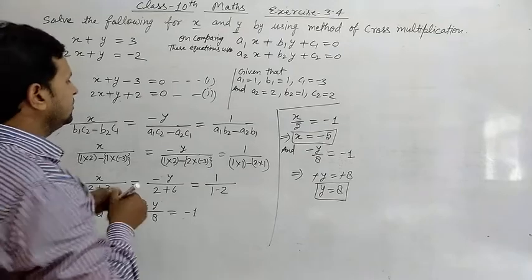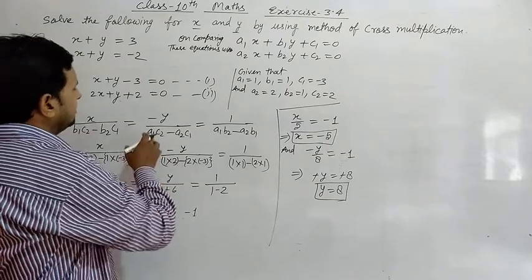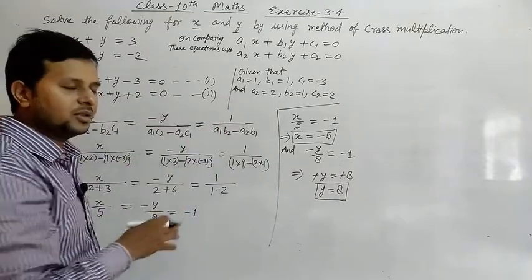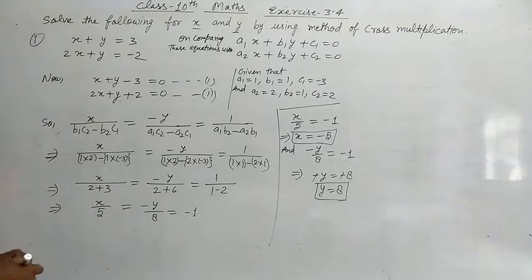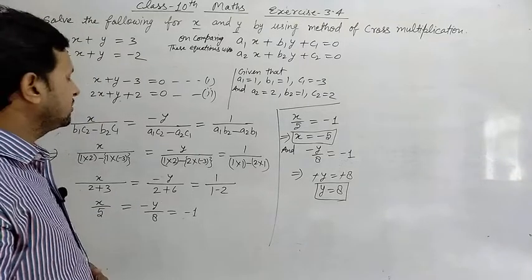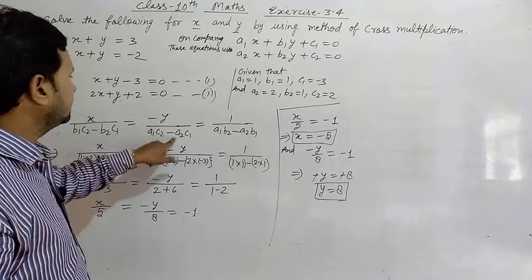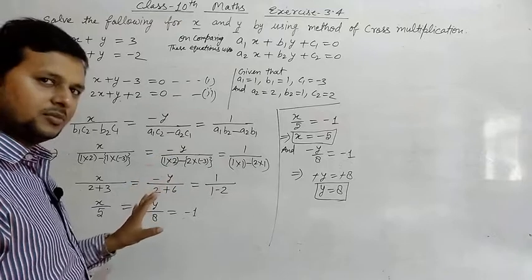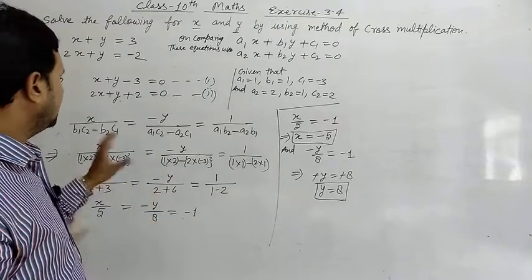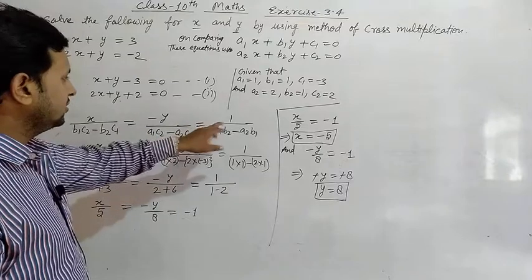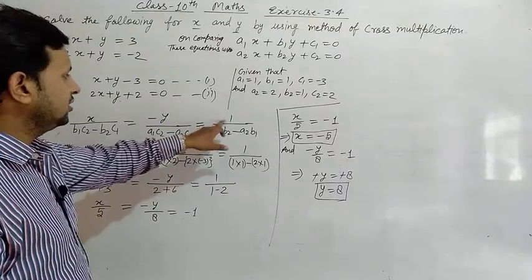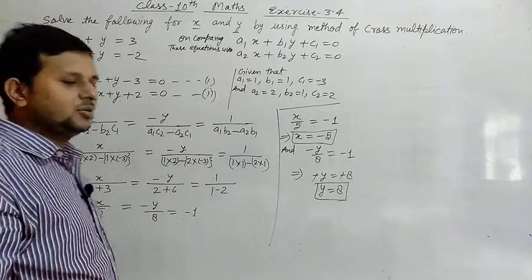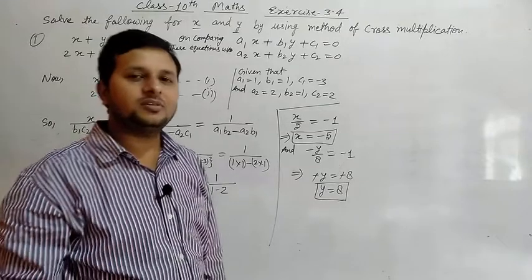And in some other books we find after derivation this minus will be there, meaning this is plus y and here minus. But the answer will be the same. In some books, suppose plus y upon this is given and minus 1 upon this is given. Don't worry. The answer will be the same. So you can apply any formula. This formula or that formula which is denoted here minus 1. Both are the same. It's right. I hope you can understand it very well and you can solve every question.